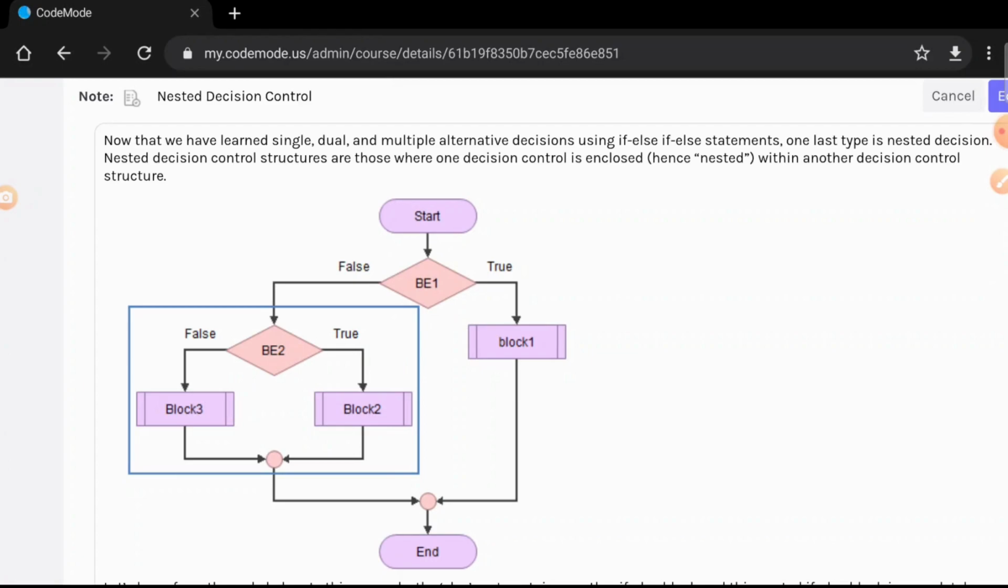Nested decision is relatively easy. However, the implementation of it could be a little complex. Understanding where to use it is a little bit harder than just the syntax. Syntax is relatively very easy. All we are doing is taking one whole if else and inputting it inside another if or else